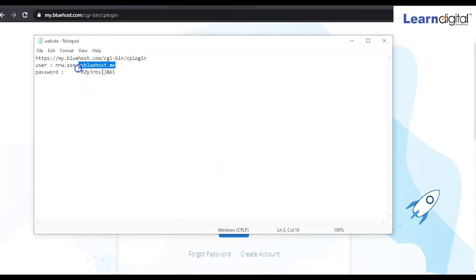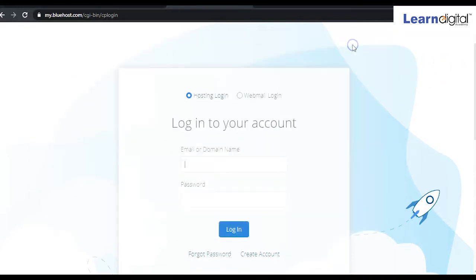So this is the username, and I will paste it over here. I simply paste the password over here, right? So when I click on this, I'll get the dashboard. So I can see the dashboard as well. Now it's opening.